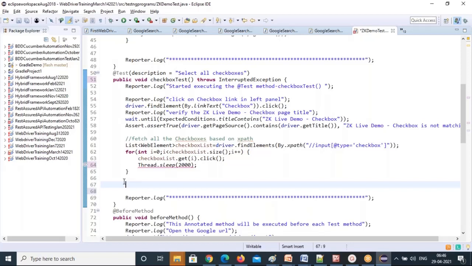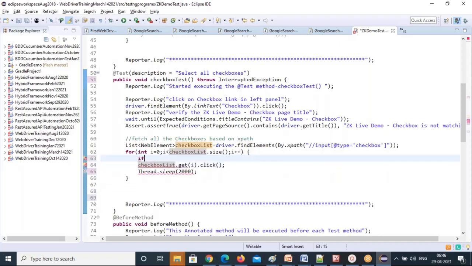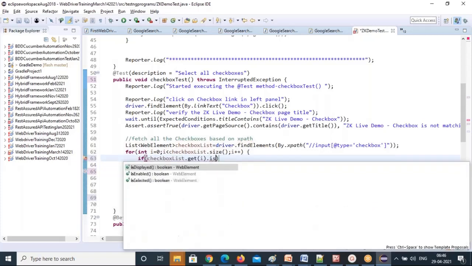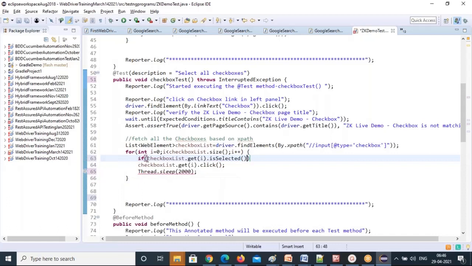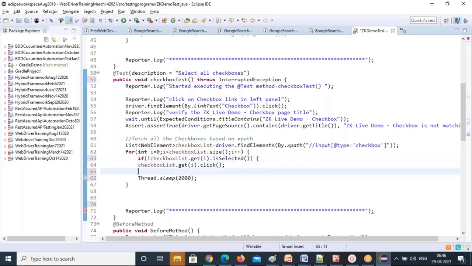Later, I need to write one more condition here: if the element is not selected, then only you click. That's the logic I'm going to build up here. Dot isSelected. See, all the Boolean commands we are using, I'll use a negation. If it is not selected, then you click it.